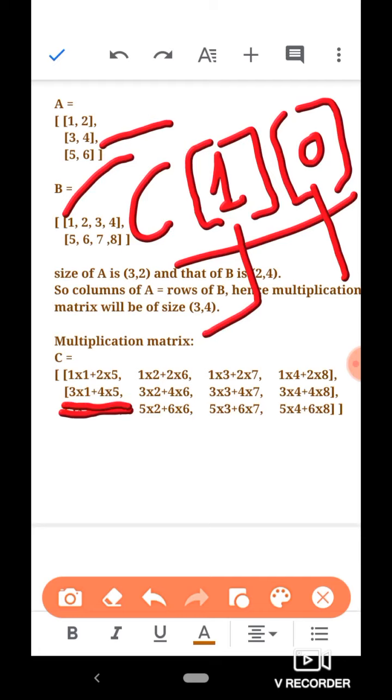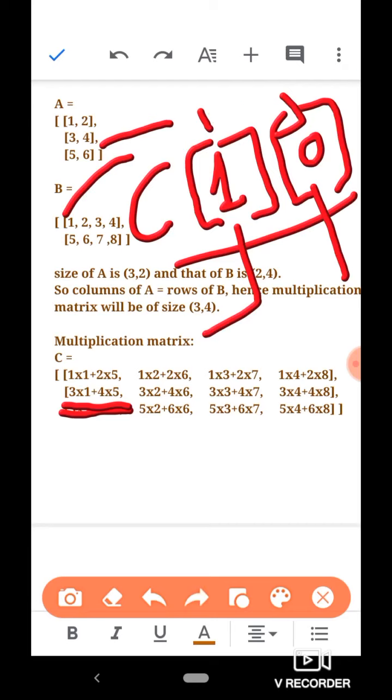So remember, whichever item you consider in matrix C, how do we obtain it? Suppose a general item is at index I comma j, or C square bracket I, square bracket j.